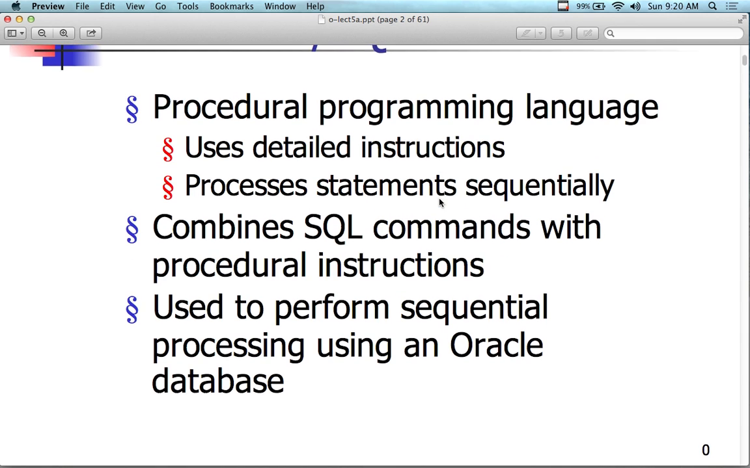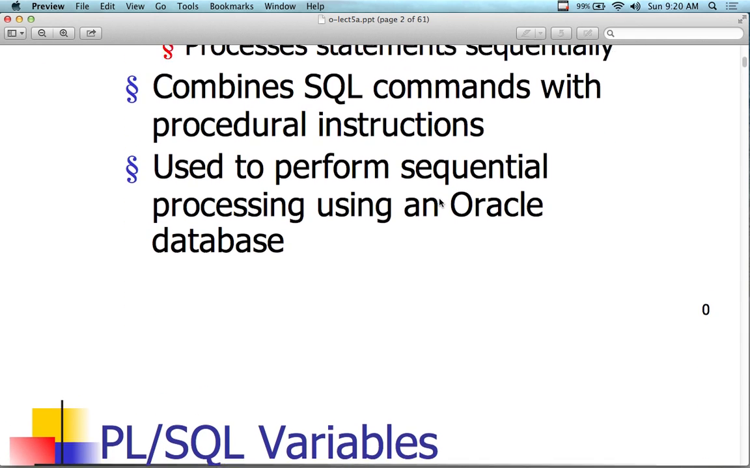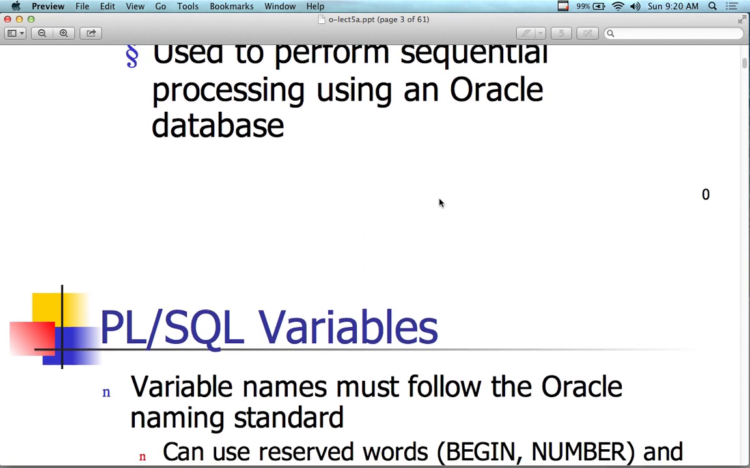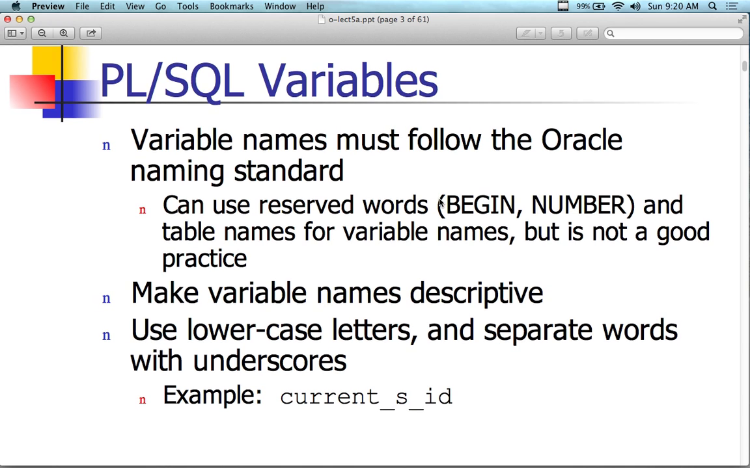Combines SQL commands with procedural instructions used to perform sequential processing using the Oracle database. Sequential processing, well, that means go run a query, get the results, send the results over there, do that. A bunch of tasks. So PL/SQL scripts, I'm allowing you to automate things like backups, database backups, some utilities that get performed on databases,